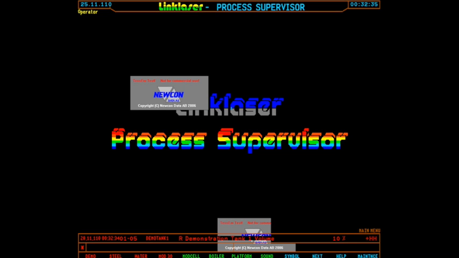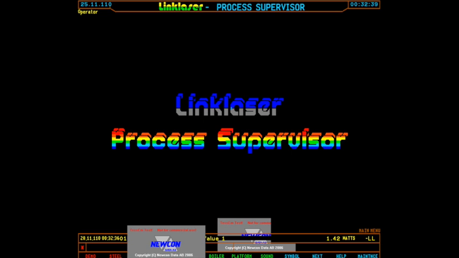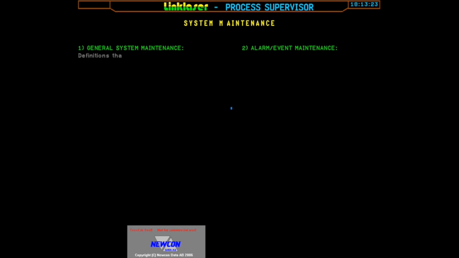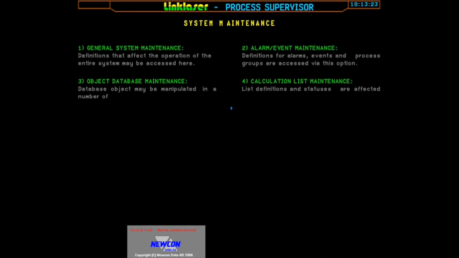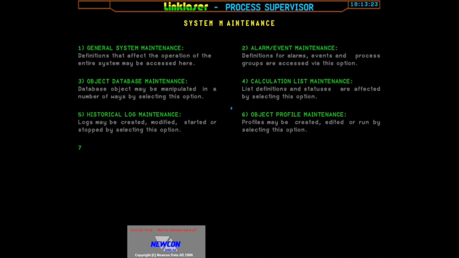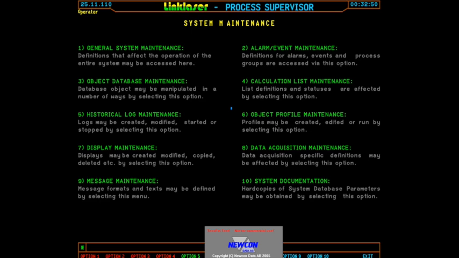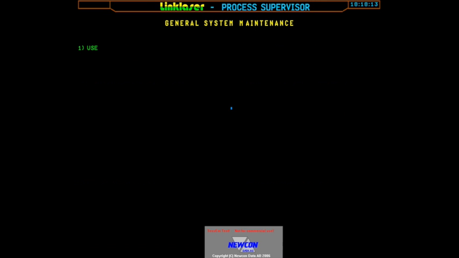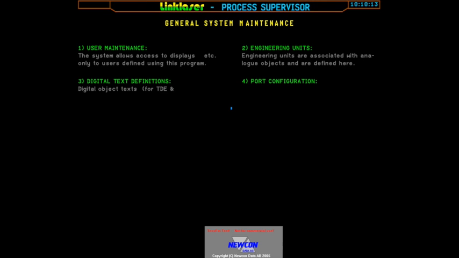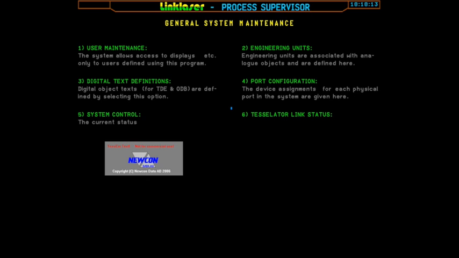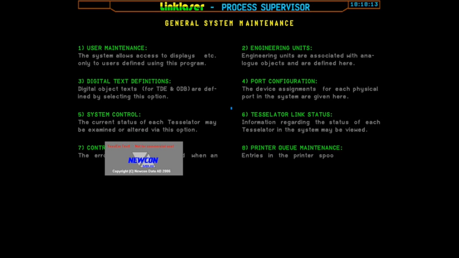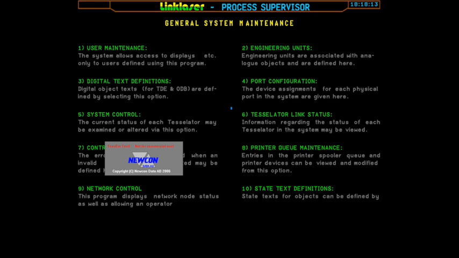So if we look at the 12th soft key, it says maintenance. I can go into that, assuming I've got the authority, and yes I do. And again, it comes up slowly, but basically it gives me a menu of the things I can do within the system. First thing I can do is look at the general system maintenance, and if I just quickly go to that, I can maintain things like users, engineering units, the port definitions, the display definitions, printers, all that kind